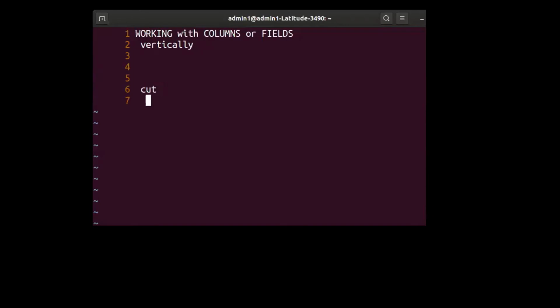Cut is used to cut a character or a field from a file.